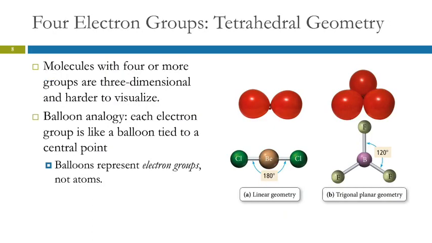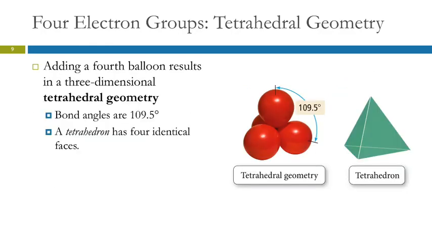Four groups. Okay, this is harder to visualize because now we're getting into 3 dimensions. So here we actually have pictures of the balloons. Here's the linear geometry, the 2 balloons. Here's trigonal planar geometry with 3 balloons. And the balloons are representing electron groups. They're not representing the atoms. They're representing groups. So when we have 4,